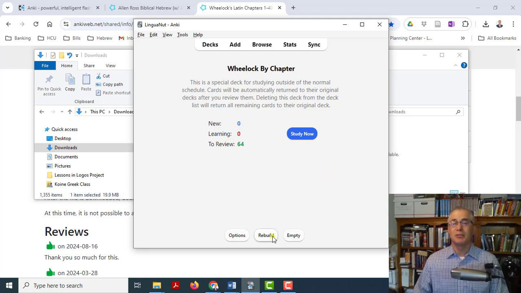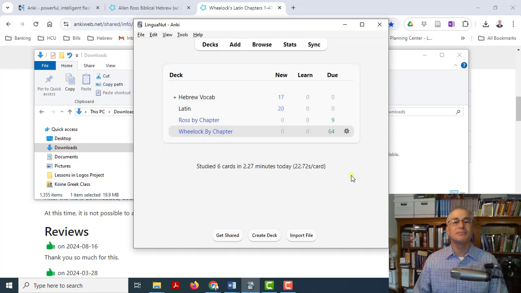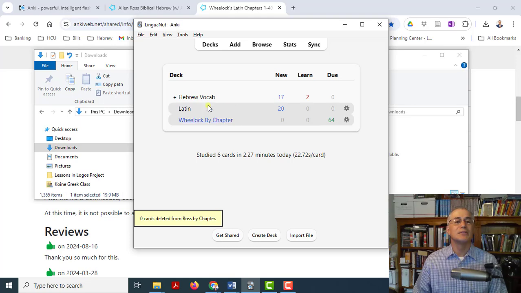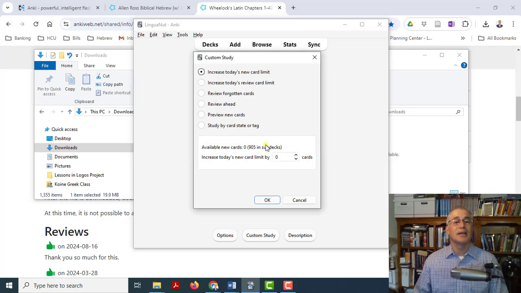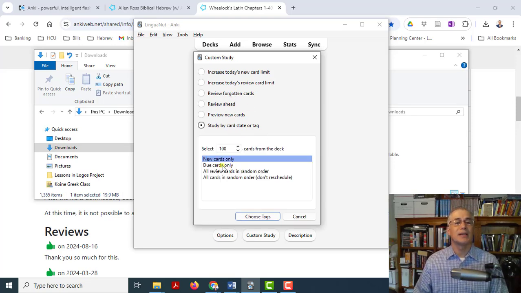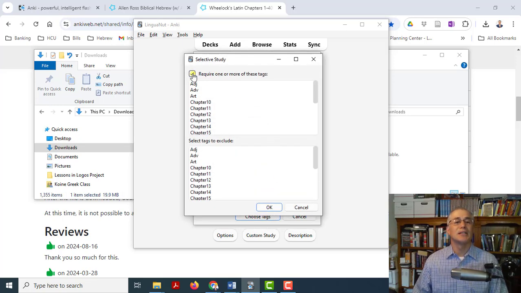how to do multiple. So let's go back to our decks. Okay, now I'm going to delete this one, and I want to create another custom deck. And here what I'm going to do is I'm going to study by tag, all cards random, choose tags, and notice here